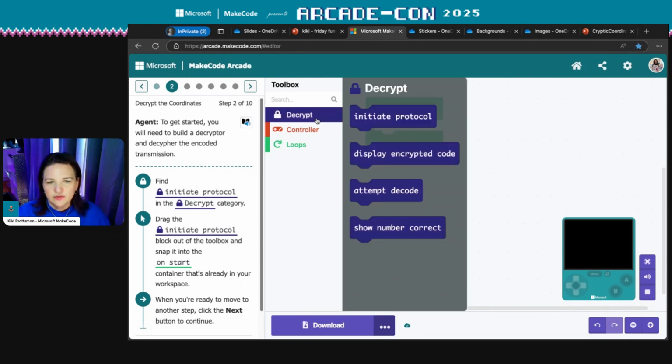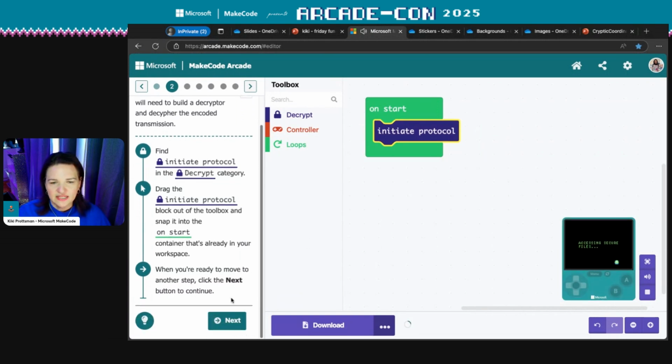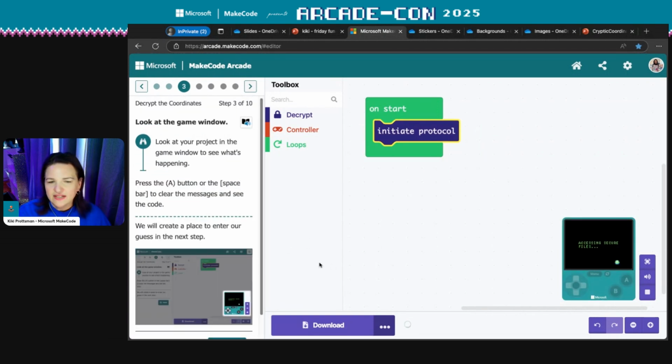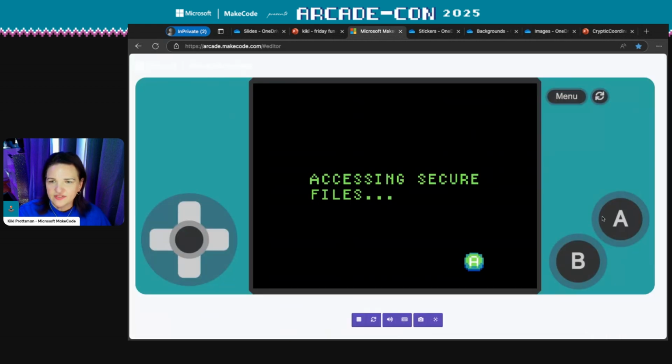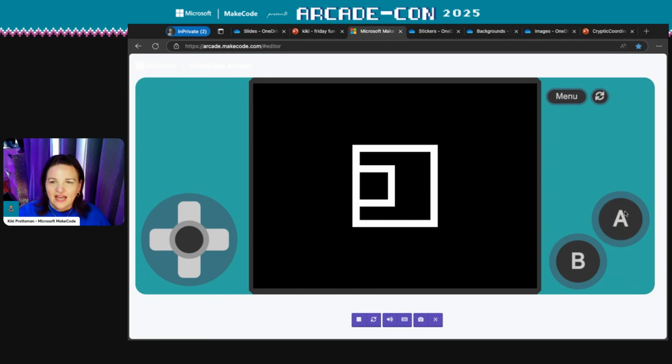So they will do their initiate protocol, and that will be the first thing that they need to do to get started. And then it tells them to look at their screen, and they'll see that when they initiate the protocol, they now have access to secure files. And when they click the A button, they are initiating the decryption protocol. And then they have this message come through.